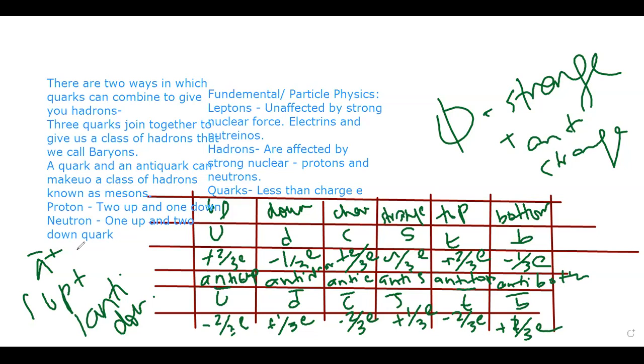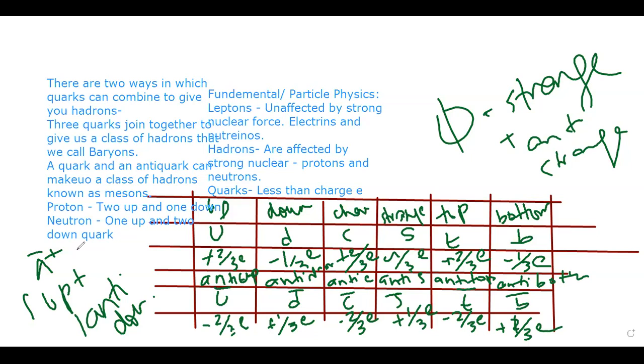Okay, one more thing. For the charge you wrote for the anti-quarks, for the up, down, charm, is it the same thing but with the opposite symbol? Yes, with the opposite, exactly. So up is anti-up, down is anti-down, charm is anti-charm, strange is anti-strange. Up is plus 2 by 3, so anti-up is minus 2 by 3. So the value will be the same, but the sign of the charge will change. It will go from plus to minus or minus to plus, whatever it is.